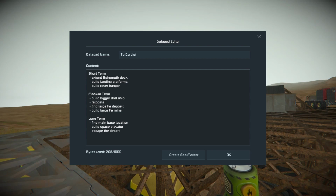Relocate driller ship just so we know which one it is. To nickel mine. Okay, so that's